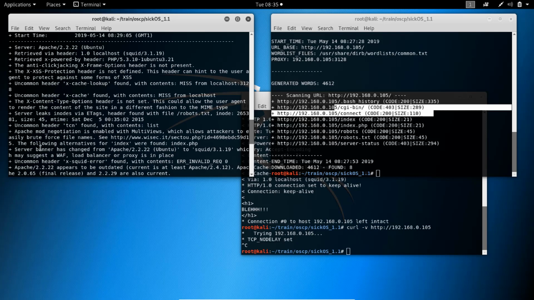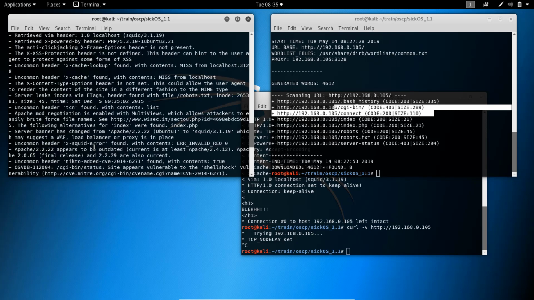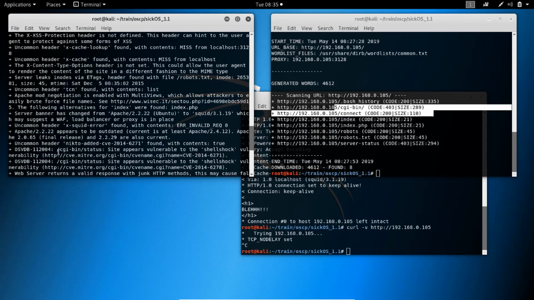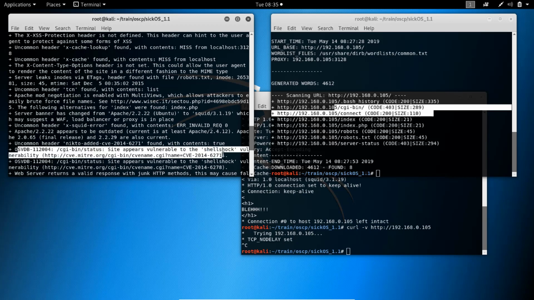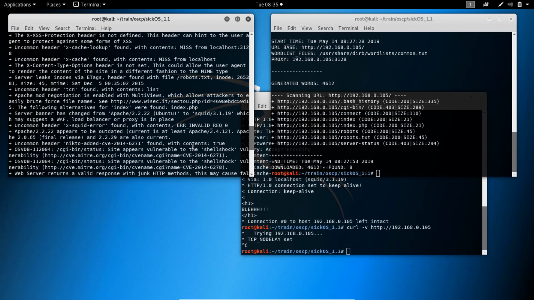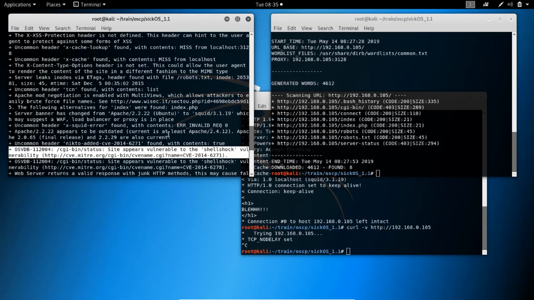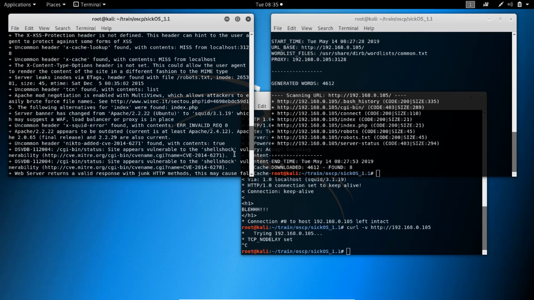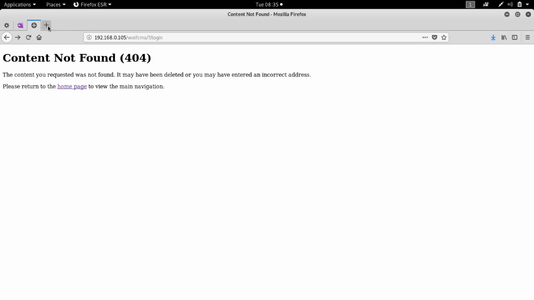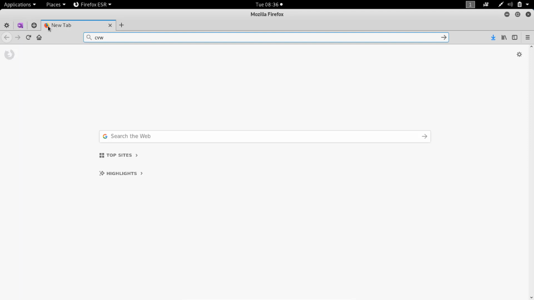We can also see a lot of interesting information from Nikto, but the most interesting is probably this one. Site appears to be vulnerable to the Shellshock vulnerability. Okay, so at this point I knew that Shellshock is a very popular vulnerability from a couple of years ago. As you can see, this one is 2014. And if we look at CVE 2014-6271,